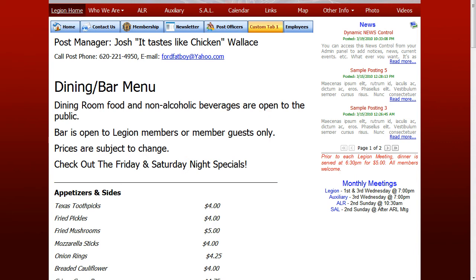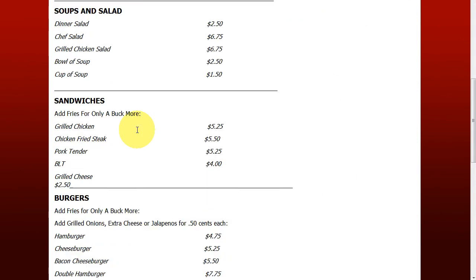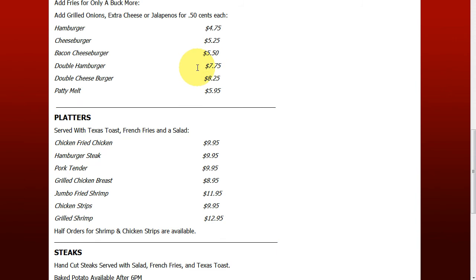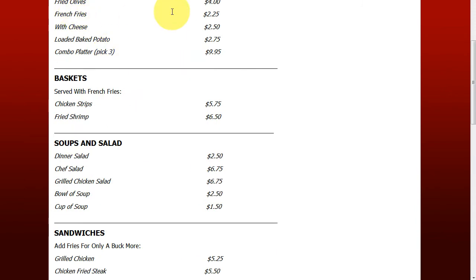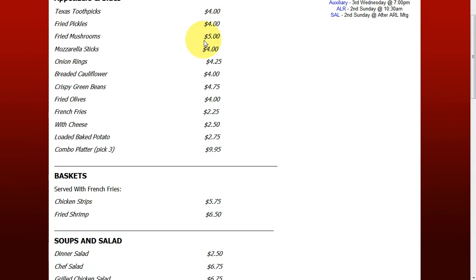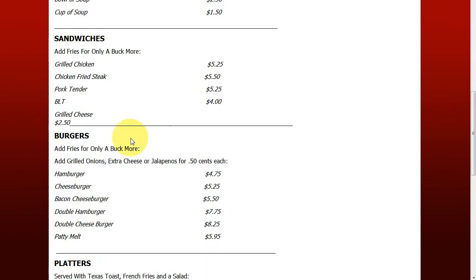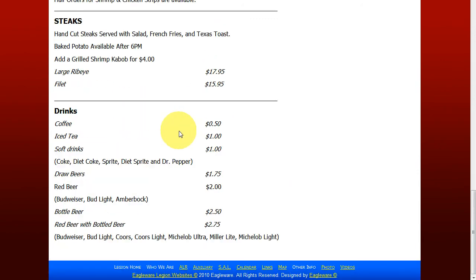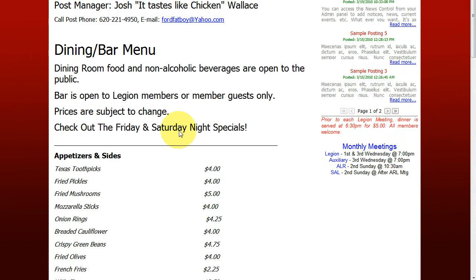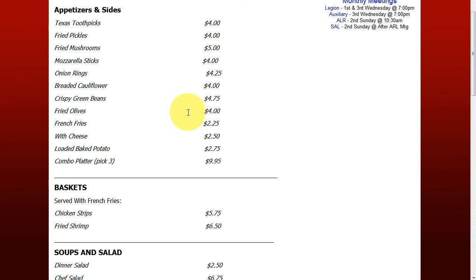In this video we're going to concentrate on some advanced operation of the built-in text editor that inserts text into the pages of your website. In this particular case I'm going to use this page that somebody has made, and you can see that it's a menu and it's got food on one side and price on the other. It's a pretty simple page. You'll also notice that they're not 100% lined up, and some of the lines are different sizes and they don't quite match up, and there's a reason for that. Actually, the guy that did this has done a hell of a job the way that he did it,